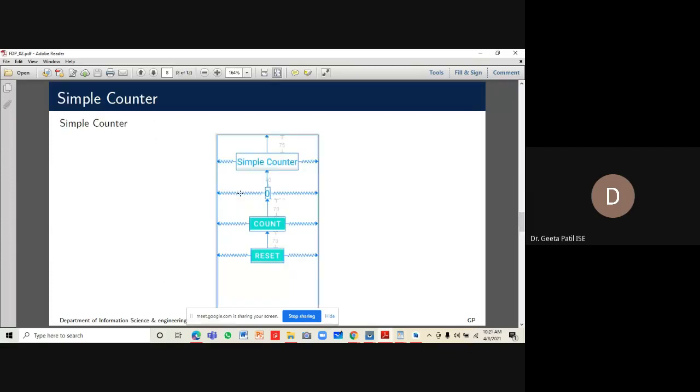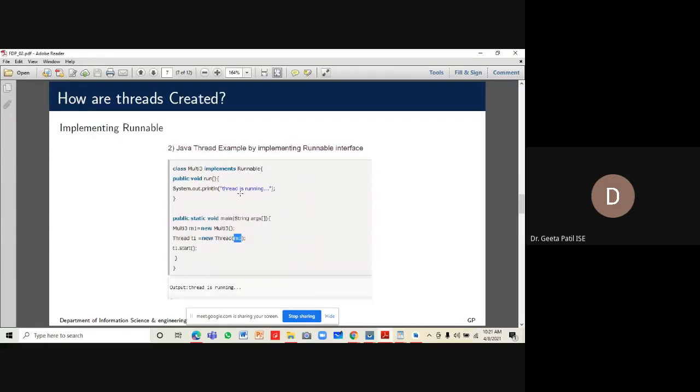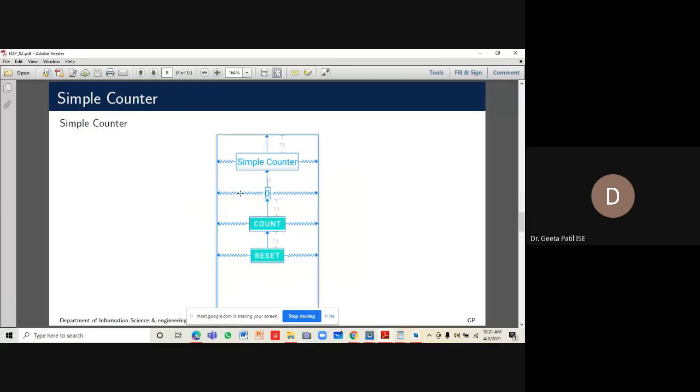Now let's move to why threads are required in the Android operating system. Before moving to this, let's have a look at the application design, which talks about the thread requirement, which will tell us the requirement of threads in Android.